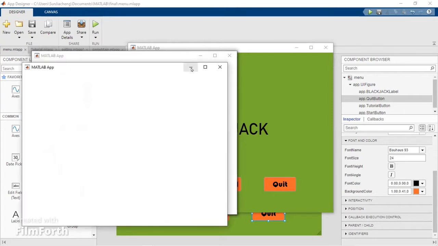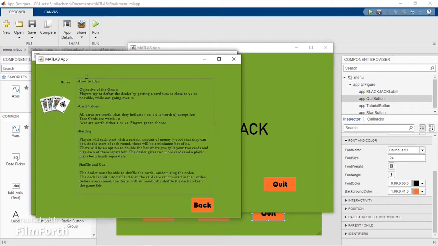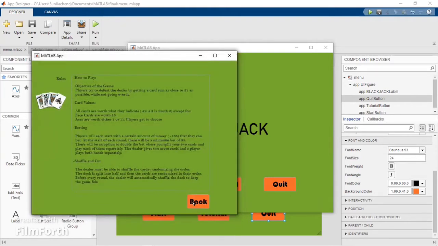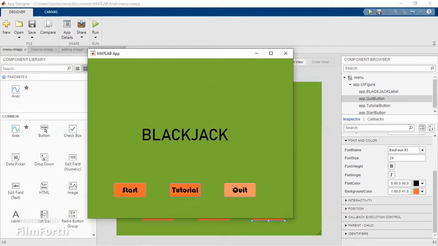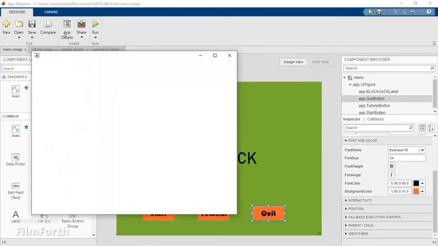Okay, so it basically shows the rules, and there's a back button. If you click it, it just deletes itself. And there's a quit button. If I press it, the game is just going to end. And by tapping the start button, here's the